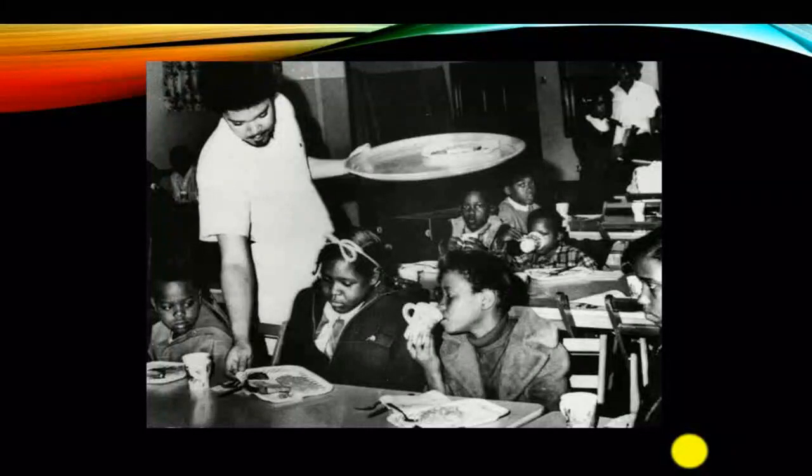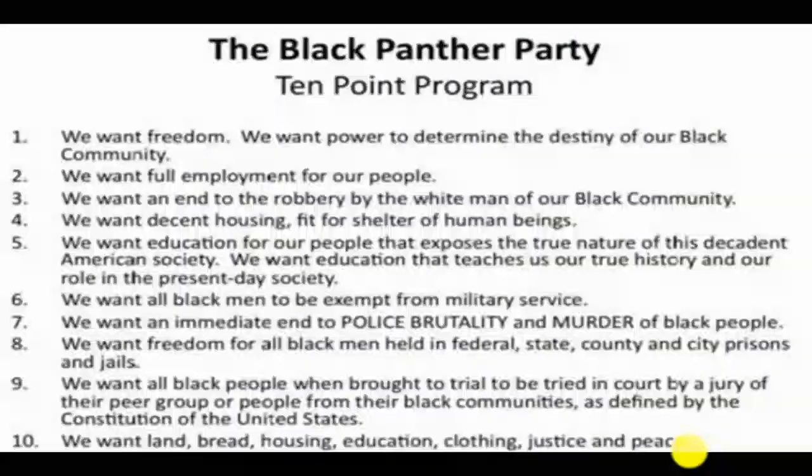So here, the Black Panther Party instituted programs to help alleviate poverty in black communities, such as the Free Breakfast for Children program, which fed thousands of poor and hungry black children every day. As we mentioned, there were clinics where children and adults could get free medical care, and a tutoring scheme to help black learners succeed at school. We looked at this in the last presentation, the 10-point program, and what they wanted: freedom, full employment, housing, etc.